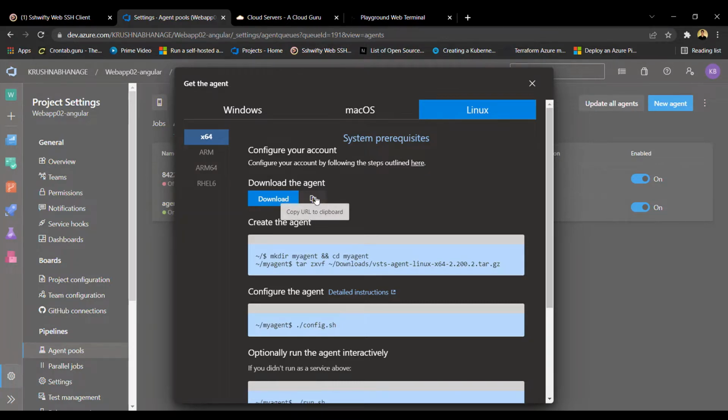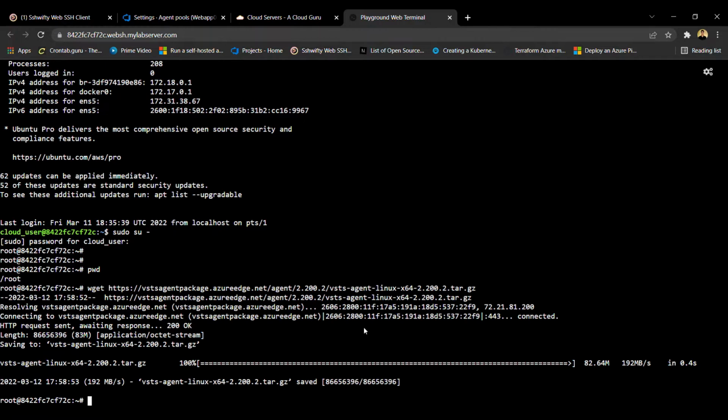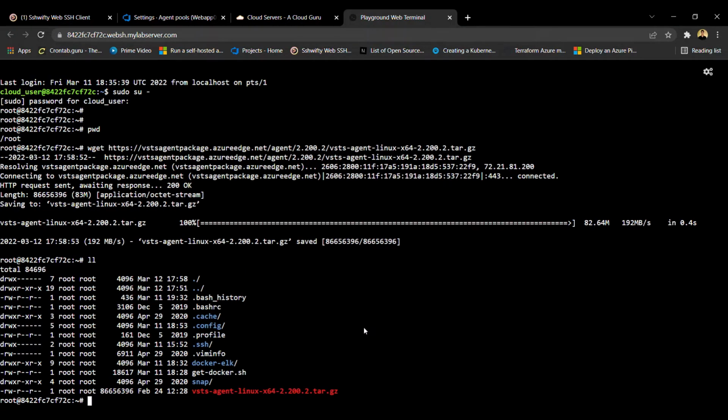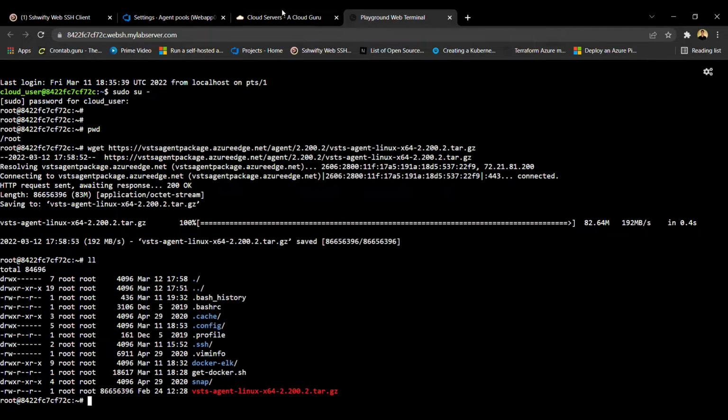You can see the URL to download the package from the agent site, so you can download it this way. Now I can see my agent file tar.gz is downloaded. So now it's time to create a directory so that we can configure the agent into a specific path. I will create it as, for example, agent